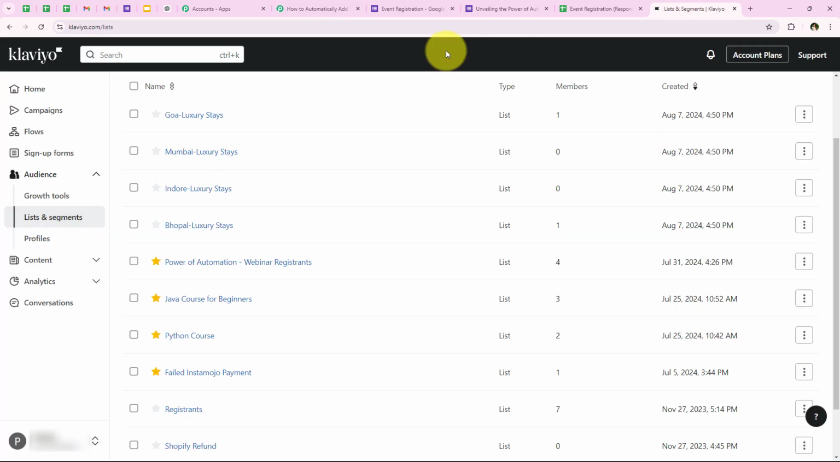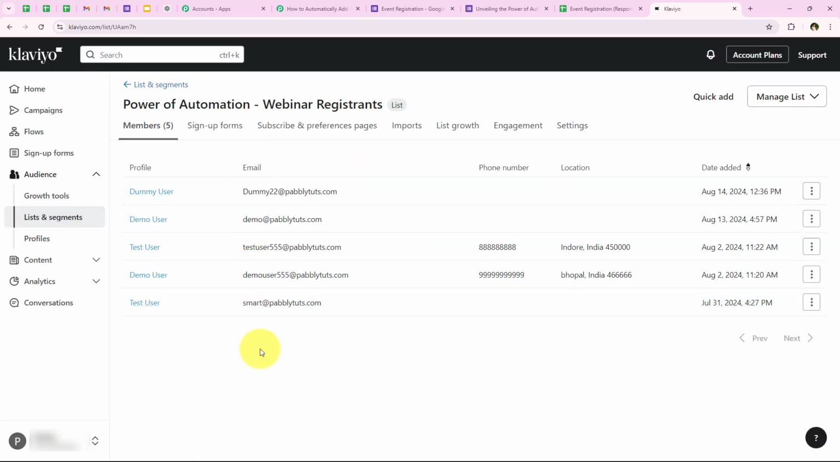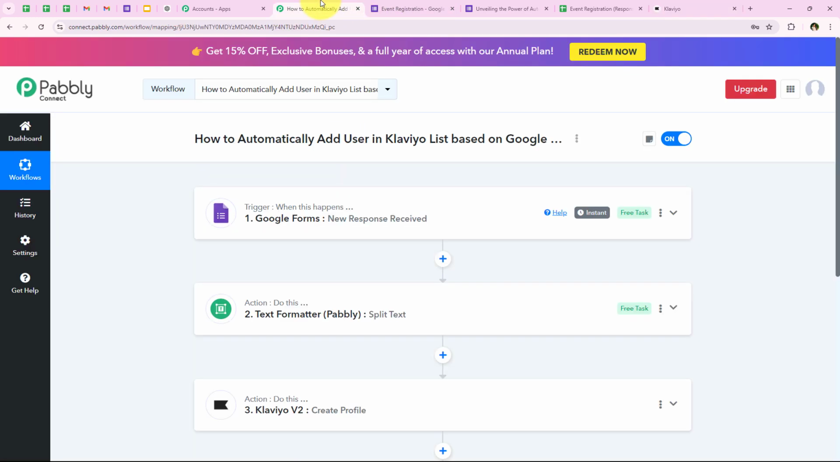So I'm going to open my Klaviyo account, open the list right from here, and as soon as we open the list, yes, you can see that we have successfully added a profile right over here too. Profile name, dummy user, and the email that we entered. So yes, with this we have successfully completed our workflow, but I'll just test this workflow once, and this time